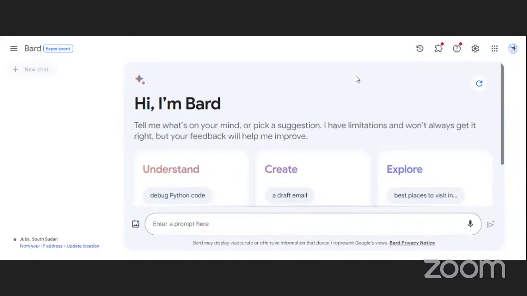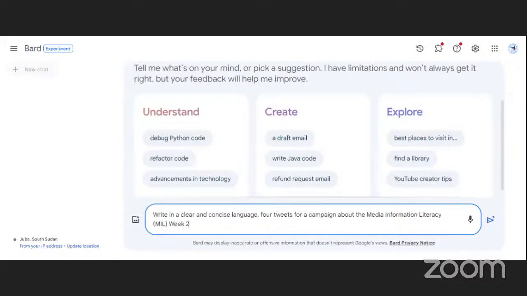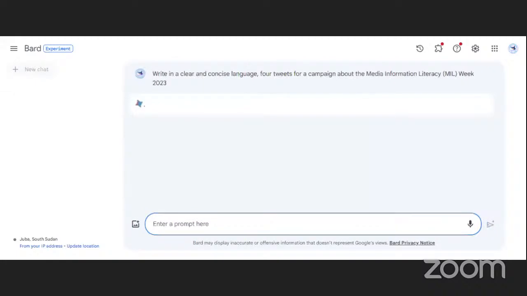So you could say, write in clear and concise language tweets for a campaign about the media information literacy MIL week 2023. Then you wait for its response.